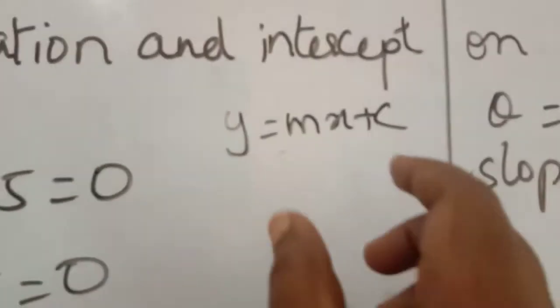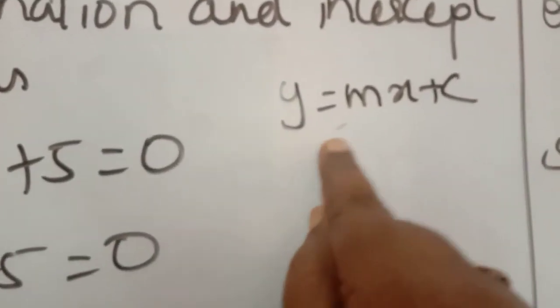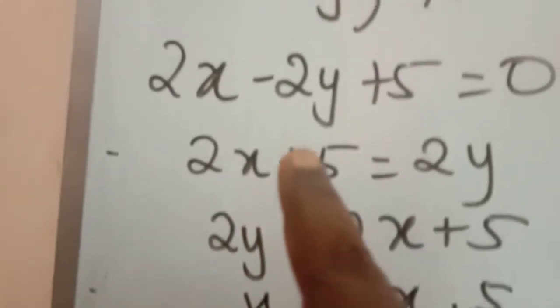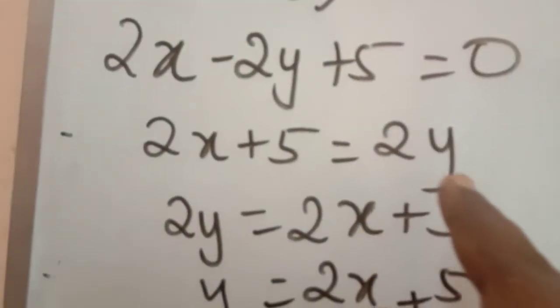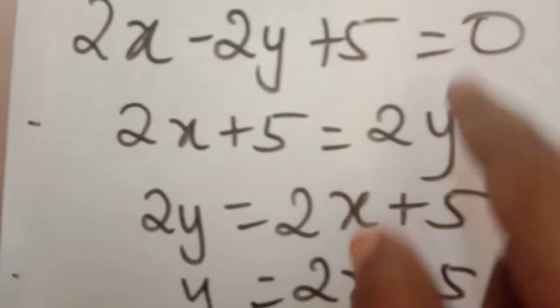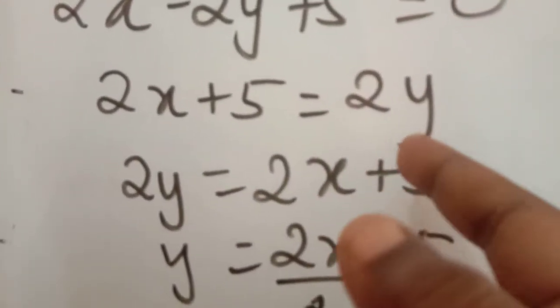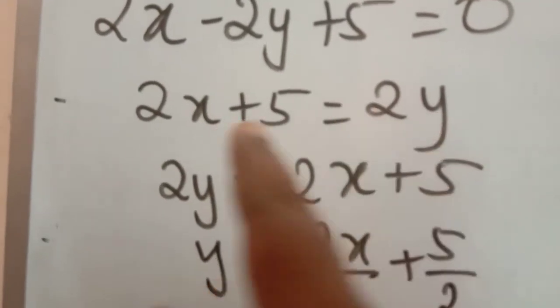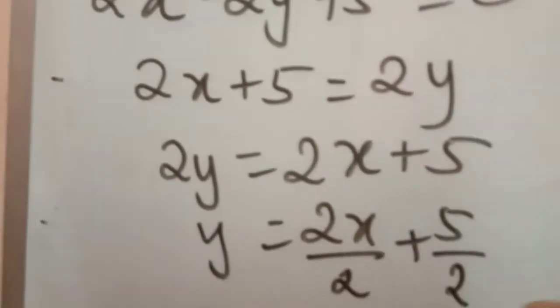Now we are going to write this equation in the form of y is equal to x term then 1 constant. So bring y this side to the right hand side because minus is there. So if you bring it, it will become plus. So 2y, 2x plus 5 is equal to 2y. Now 2y, the same I have written, 2y is equal to 2x plus 5.